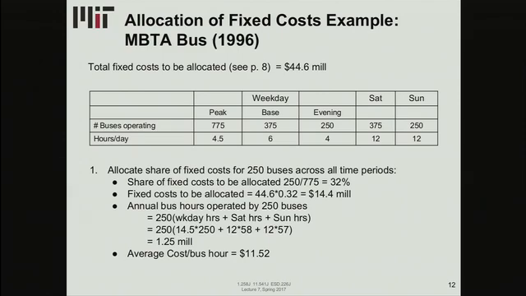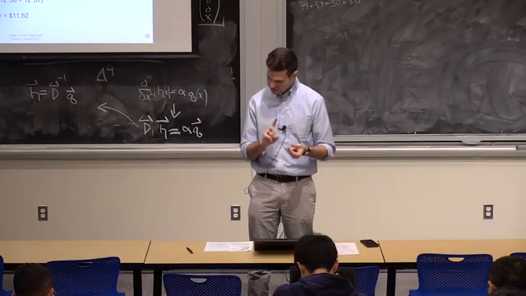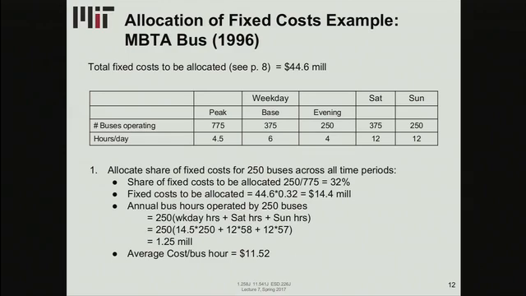We want to allocate fixed costs. That is the sum of all the fixed costs that appear on page 6, which is 5.7, 3, and 35.9. That adds up to 44.6. And now we have here the number of buses operating,